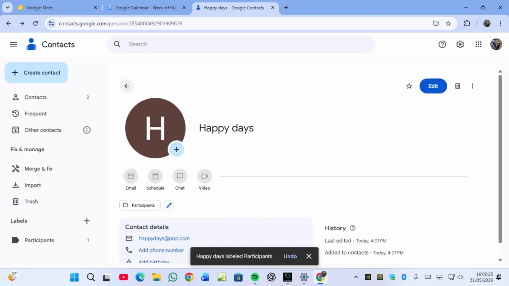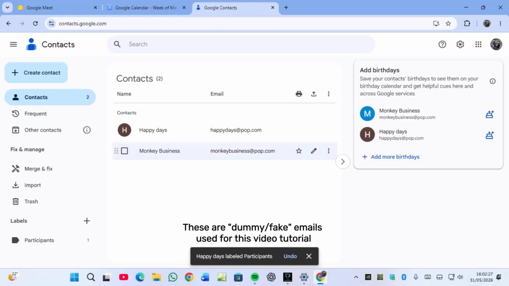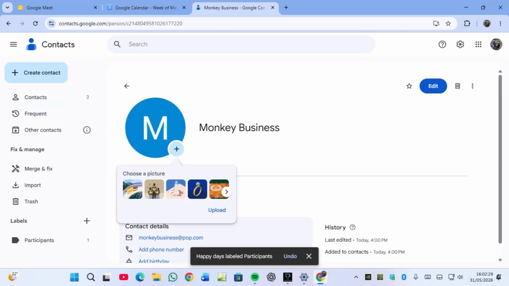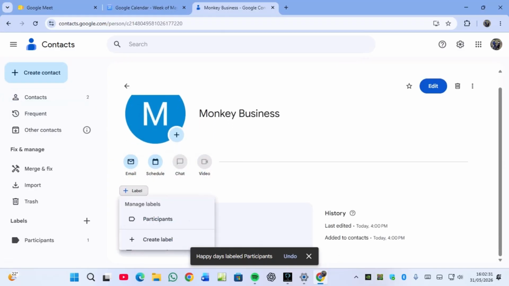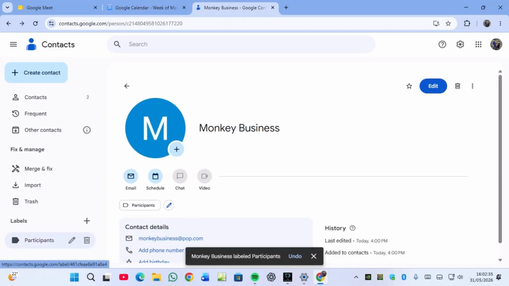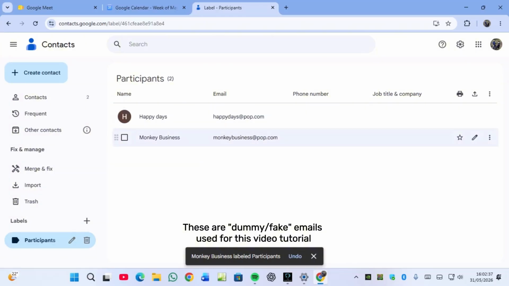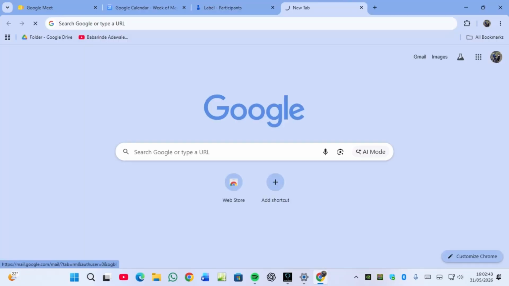So happy days has gone already. I go back here, I click on this one here, then I check also this one. I have to apply it to participants and then apply. So I have got, if I click here, the 2 contacts that I created, the dummy ones, are now in participants. So if I come to the real Gmail, so this is the Gmail,